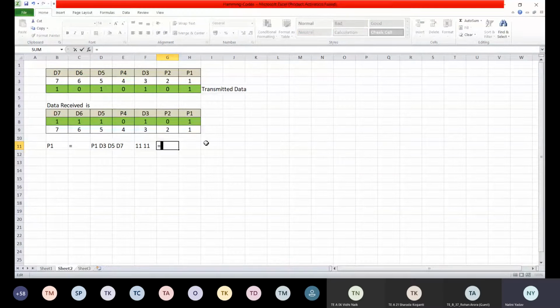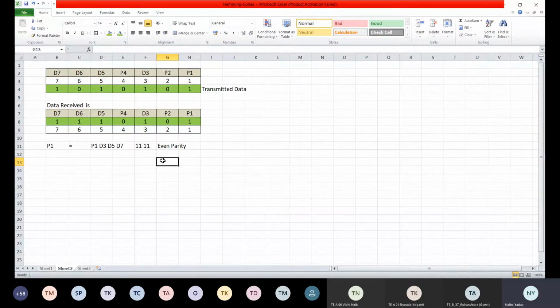This is my even parity, so this is my correct code, right?